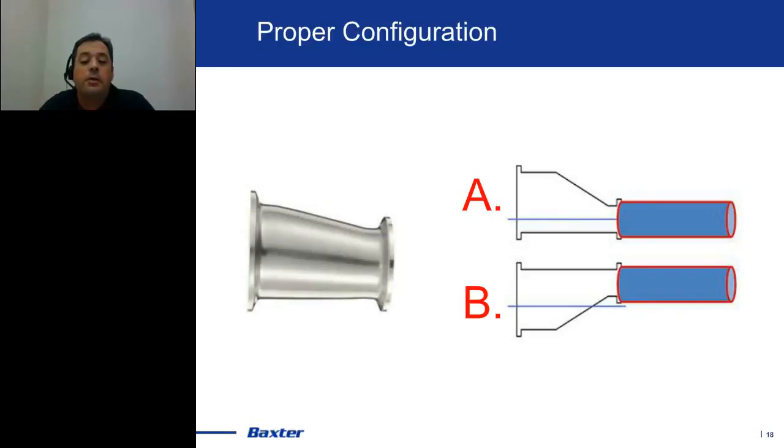This is going to be our first poll. So I would ask the moderator to please load the poll. Hopefully you're able to see the poll. What I'm going to ask is that you look at the diagram there. There's an asymmetric connector, and that asymmetric connector can be connected in a couple different configurations here, configuration A and configuration B. And I'm going to ask you to choose which of those configurations is better from a microbial control standpoint. So take a second, take a look, and let me know which one you think is better.